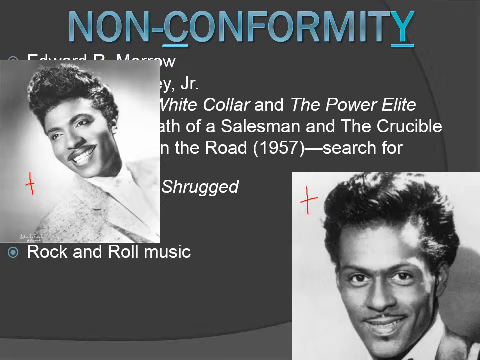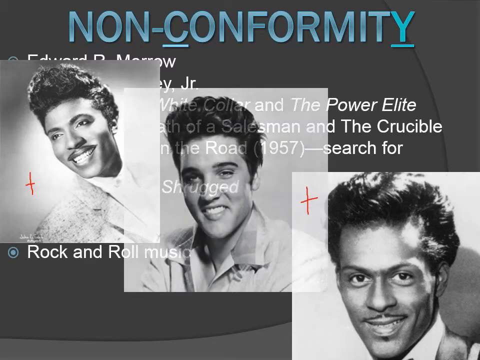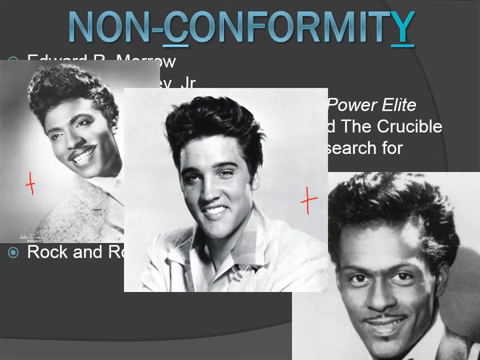But it won't be until you get a young kid named Elvis Presley. Now, why is Elvis so much more well known than Chuck Berry and Little Richard? It's because we're not ready for black musicians, African American musicians, during this time period. We want to hear the music, we want to love the music, and Elvis, being a Southern boy from Tennessee, is going to bring it to us. It comes in the style of a young teenager and a young 20-something that's going to get everybody excited and be really a nonconformist of the day.